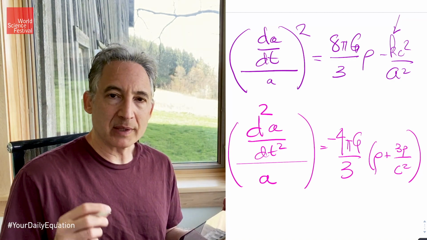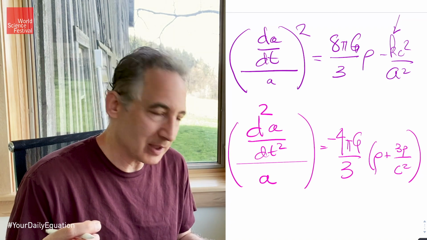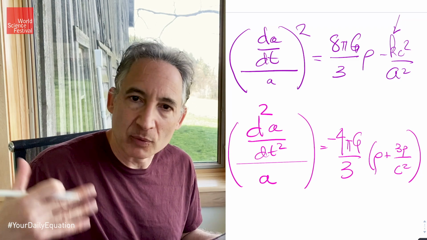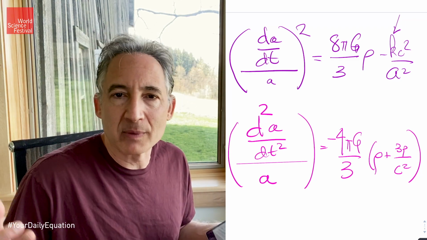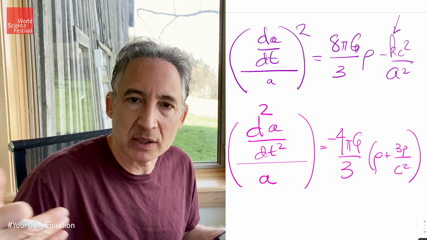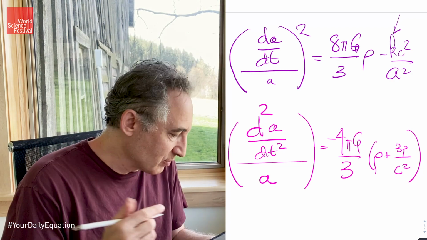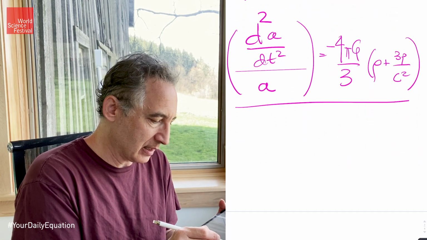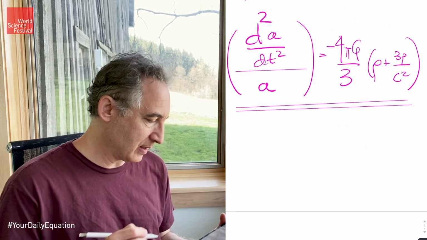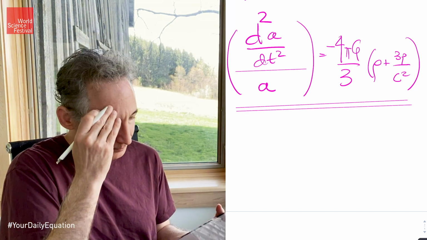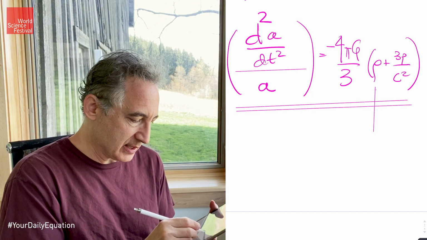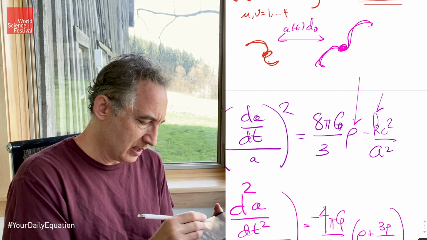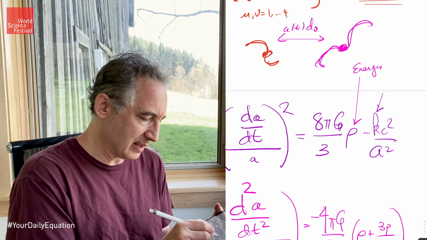And because we're talking about the possibility of accelerated expansion, I want to talk about the acceleration of the scale factor. Acceleration comes from the second derivative. If you're talking about the acceleration of the motion of a particle, it's the second derivative of its position with respect to t squared. Now I'm going to look at the second derivative of the scale factor with respect to t squared, which of course is right there in the second equation. Now, here is the punchline. When you're talking about energy density, which is what rho is, maybe I didn't even say that, and I should really emphasize that. This guy over here is energy density,